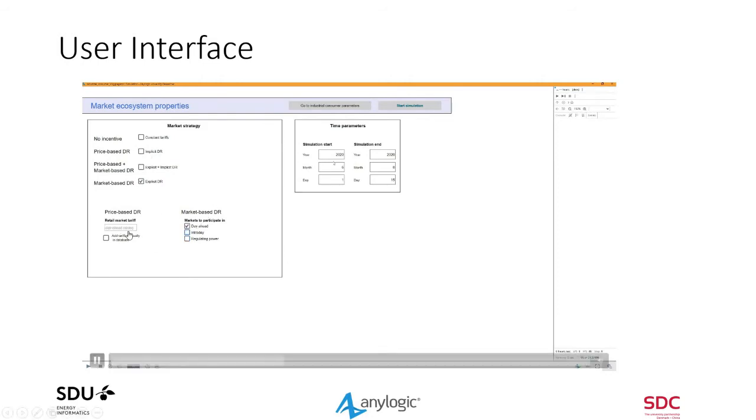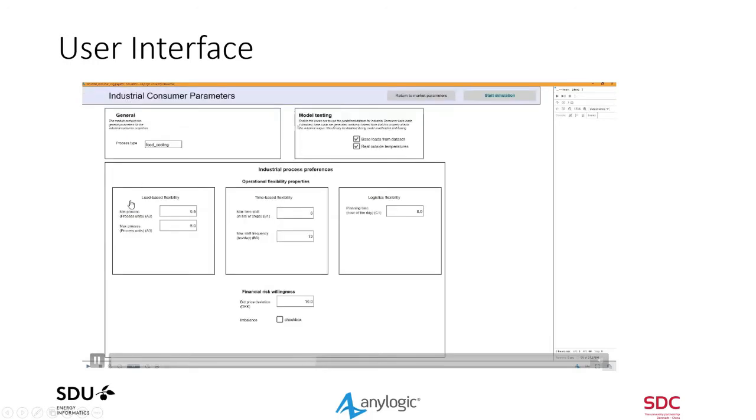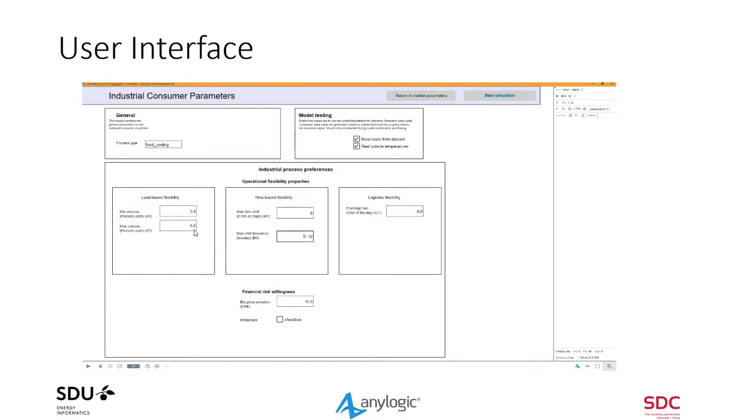And the user interface is supposed to guide you by graying out the areas which are not appropriate for a specific step. So for example, here, retail markets should not be available as an option when you bid explicitly. Now, this is all for the market side. On the consumer side, you need to say how much flexibility you're willing to provide in the market, right? So in this specific industrial process, what we're interested in is what is the minimum temperature that's allowed and what is the maximum temperature that's allowed. So in this case, we're varying between 0.5 and 5 degrees. If you vary by more, then you might have more flexibility and you could bid more volumes on the market and maybe make more savings.